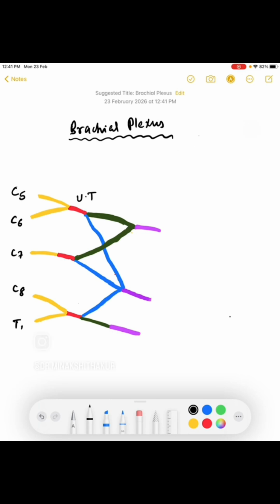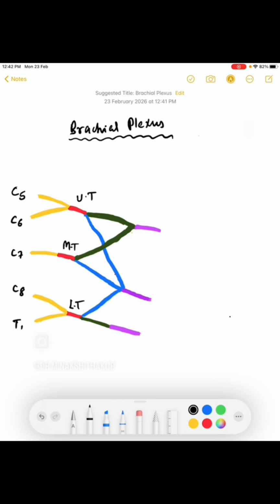C7 continues as the middle trunk. C8 and T1 roots combine to form the lower trunk. Now the trunks lie in the posterior triangle of the neck, and the lower trunk lies exactly posterior to the subclavian artery and over the upper surface of the first rib. These trunks further divide into anterior and posterior divisions